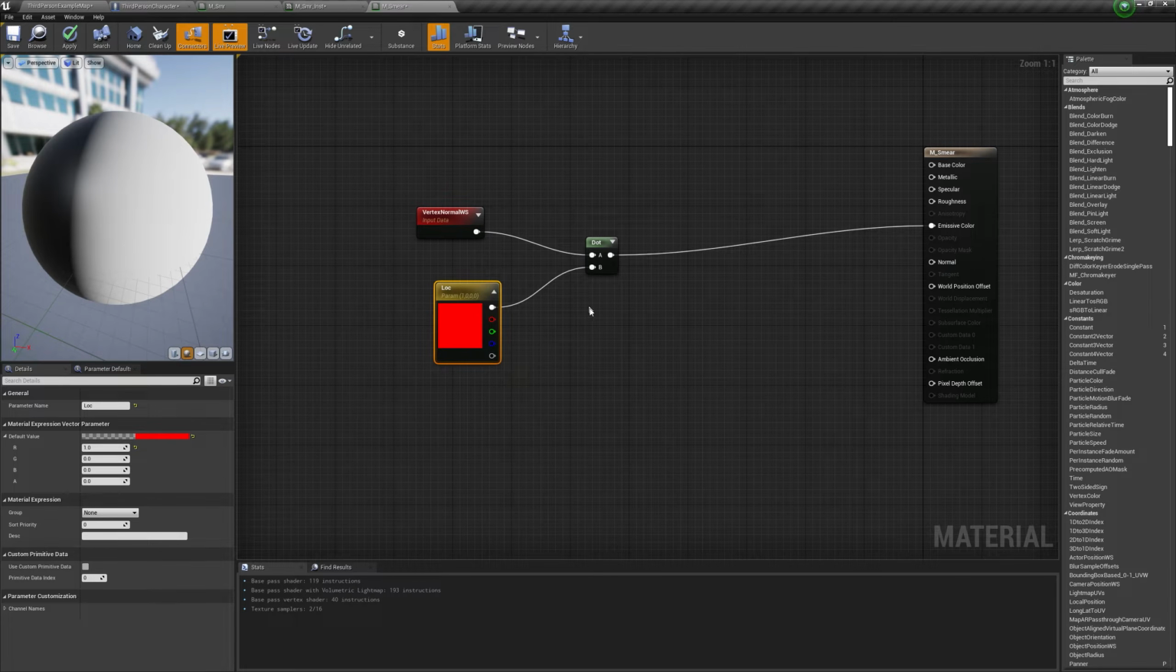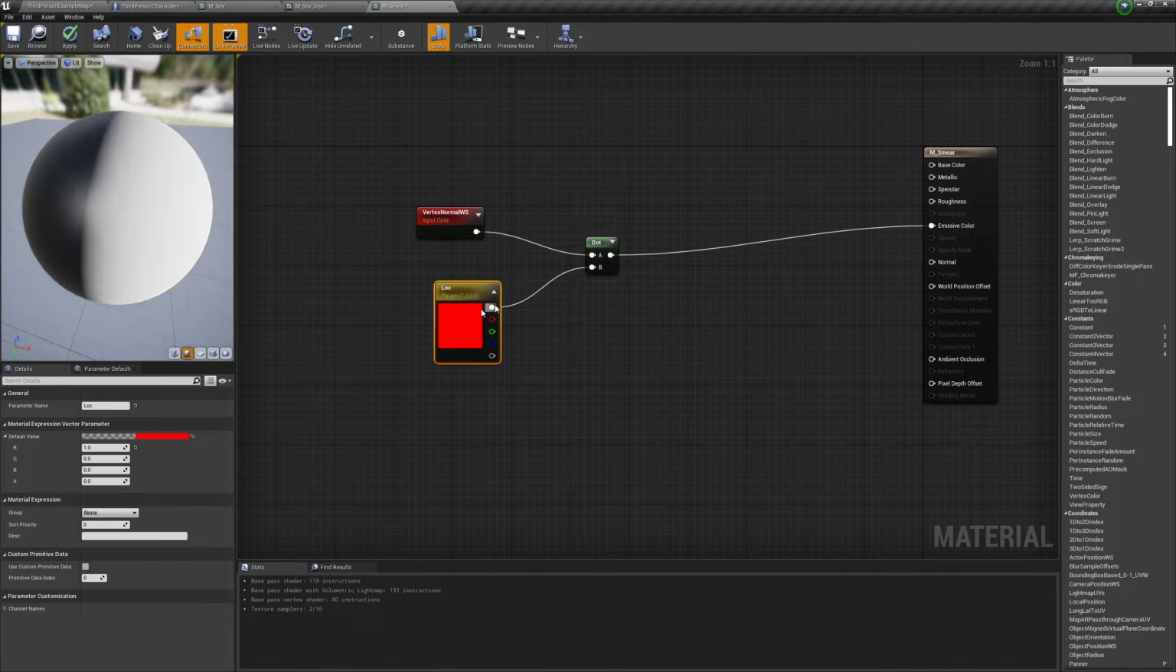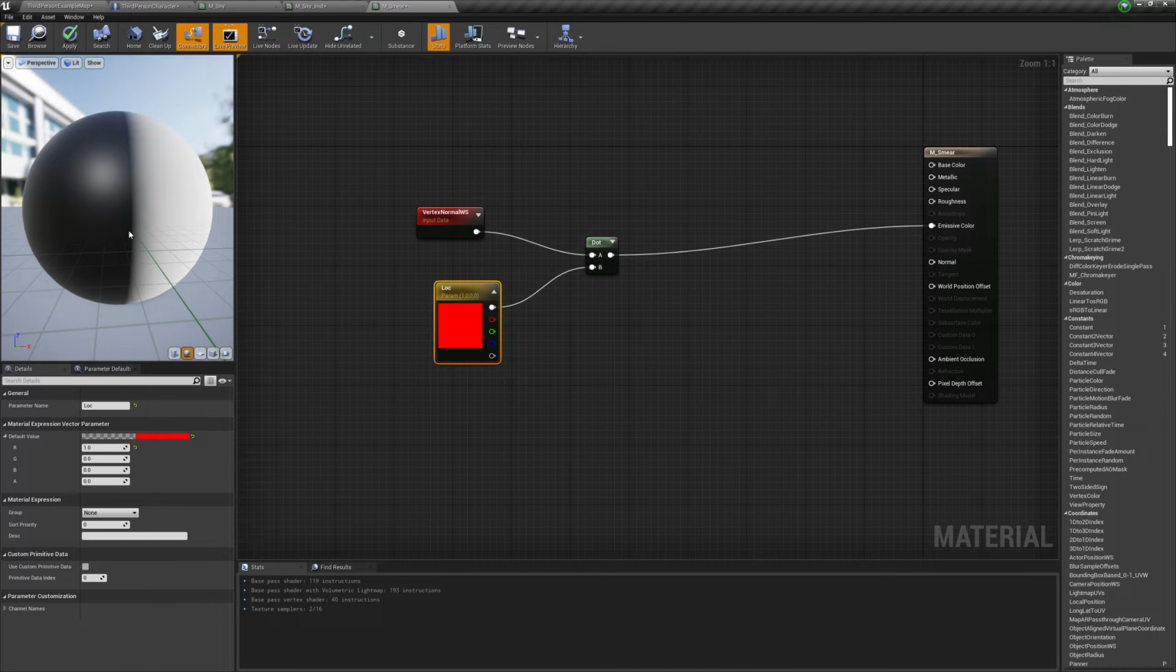So what this dot product does is that it compares two vectors, and if they are similar to each other, it will output a value of 1. And if these vectors are pointing in the opposite direction, the value will be 0, and everything between that will be a value between 0 and 1. So here you can see a gradient where